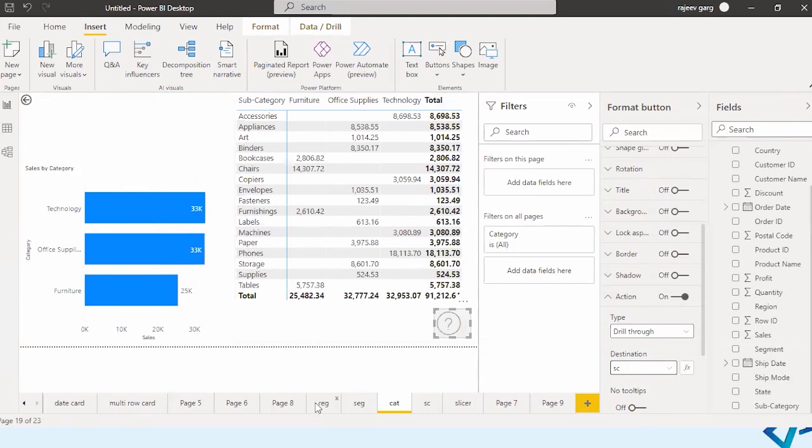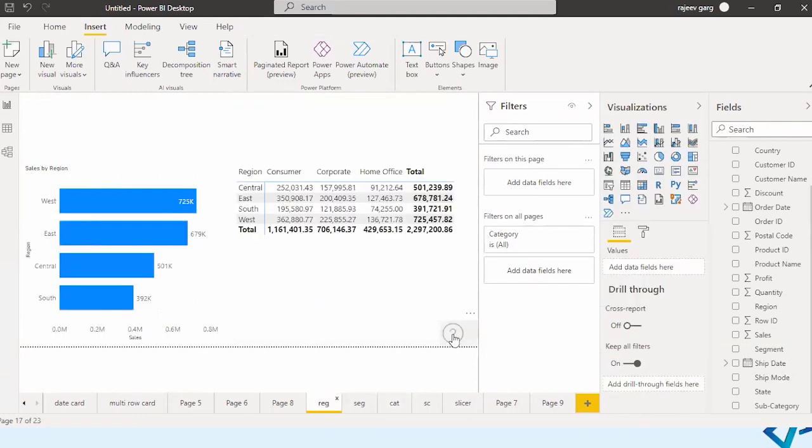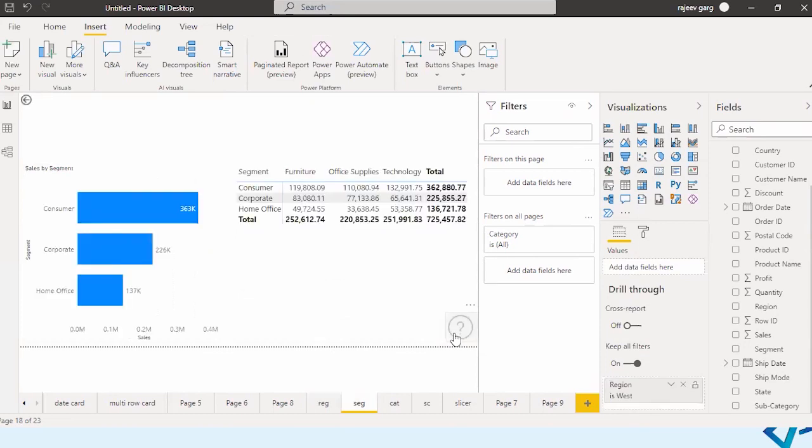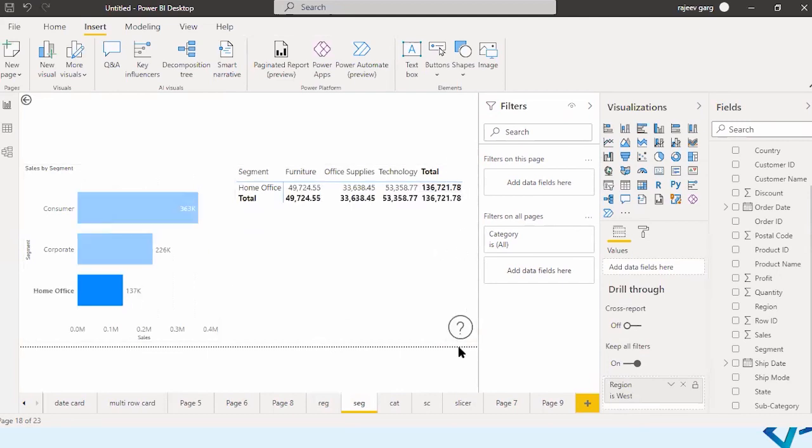Now see what happens. I will go to the region. As of now, you will see that the button has been disabled. I have to select a region, so I'm taking the Western region. You see the sales of the Western region is 725,000. Let me control click on this. So I'm getting the bifurcation of 725,000 on the basis of the region. Let me take the home office region where the sales is 136,000.